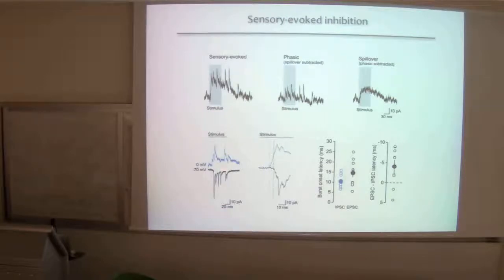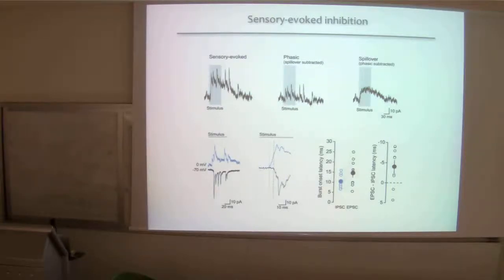So this was interesting. We saw this a couple of times, and my predecessor in Mike Hausser's lab, Paul Chadderton, observed this in a couple of cells, and it has been seen by a couple of other people as well. And what we found was, on average, about 7 out of 9 cells would always show the inhibition arriving before the excitation, which is really rather unique in terms of the way that we were thinking about how the cerebellar circuit worked, since inhibition was always thought to be